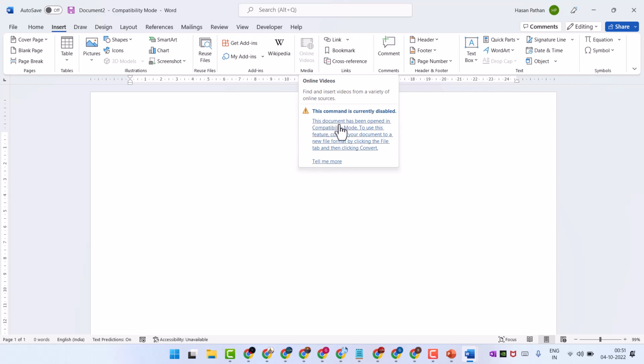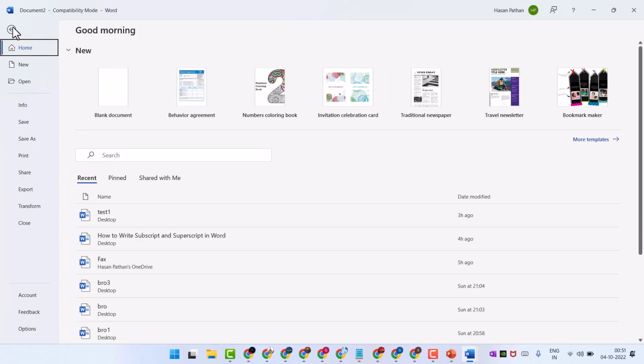This document has been opened in compatibility mode. To use this feature, convert your document to a new file format by clicking the File tab and then click Convert. So click on File